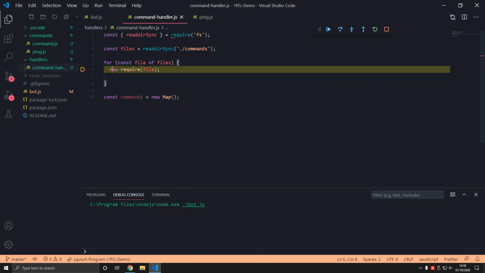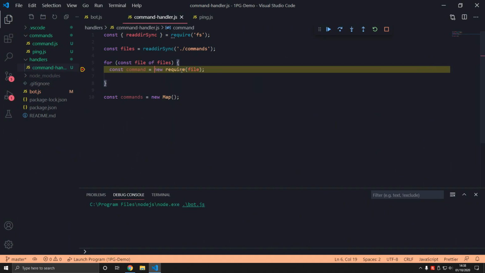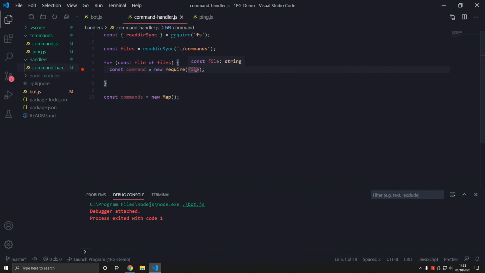Now I'd like to set that as a variable, so command. Obviously that's just getting the file, that's just requiring the file, and that doesn't work in Node.js because it is not a module. It's just a file, and we need to specify what directory it's in. So